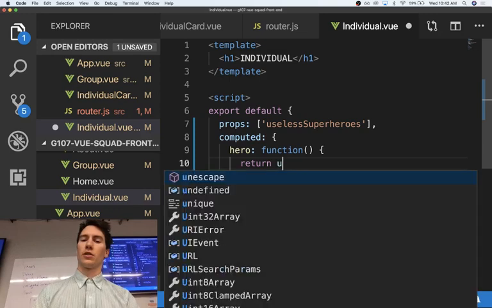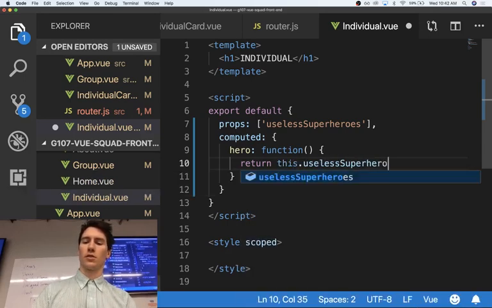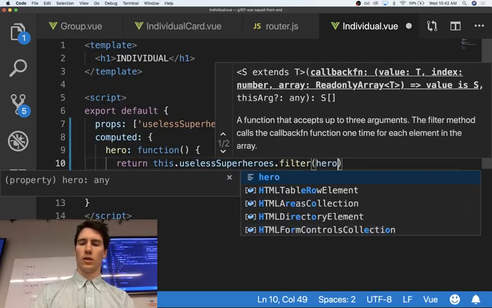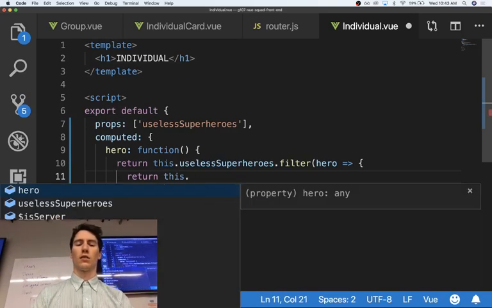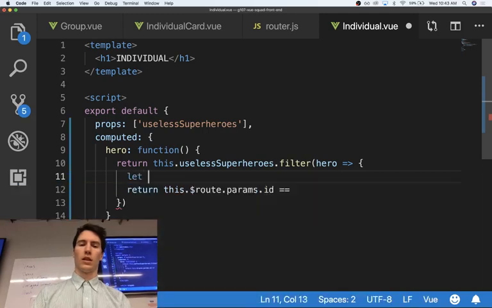So we're going to filter. So we're going to do this.uselessSuperheroes.filter, hero. We could probably just one-line this, but we're not going to. And we want to return this.route.params.id. We're going to use loosely equals because the IDs are going to be numbers, and actually we can do it strictly equals. We can do let heroID equal